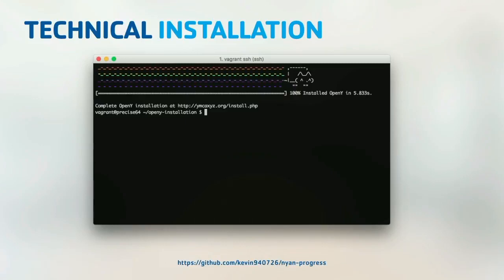You can go and complete your installation through some wizard. Of course, I'm kidding. That's not the actual installation of OpenY, but in an ideal world, at some point we will have it like this. You just run a bash script and you will get the website.